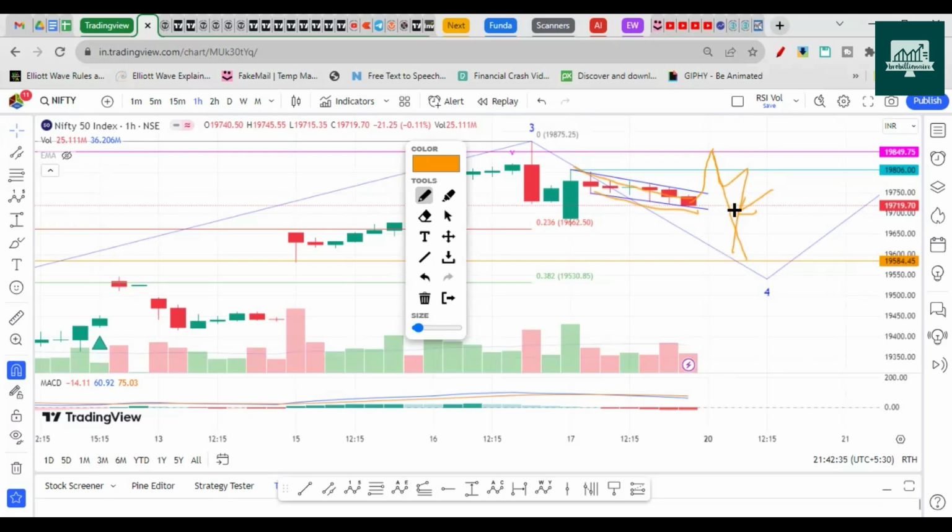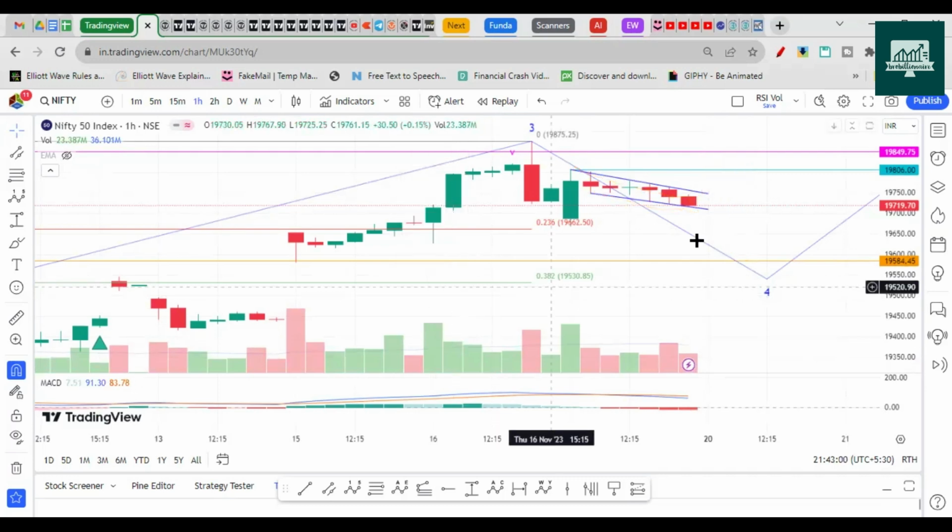Okay, so these things are possible, but we can't control that, and option buying and carrying forward is very risky here. We should reduce our lot size, because here you can get tricked. You might place a stop loss, it will get hit, and then the trend will again continue in the direction you thought earlier, right? So these things happen, so be careful while trading these.